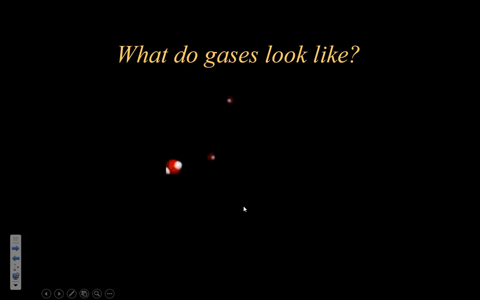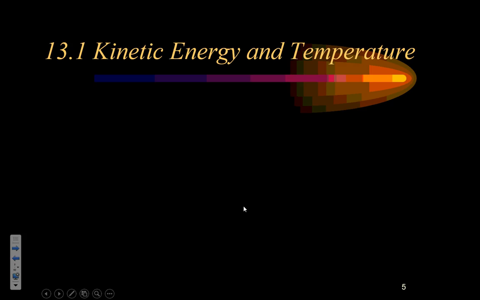You can see here at a particle level, you've got gases very far apart, moving in rapid, constant, straight line motion. That's how we would expect gases to be moving at the particle level. Now, remember, kinetic theory is about the energy of motion.